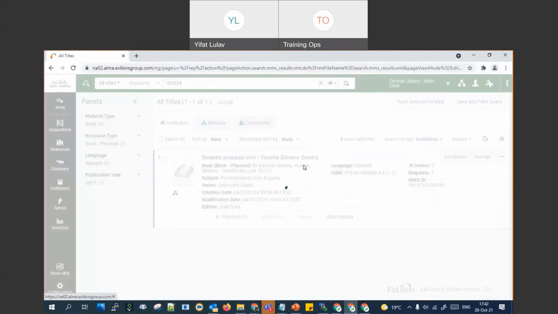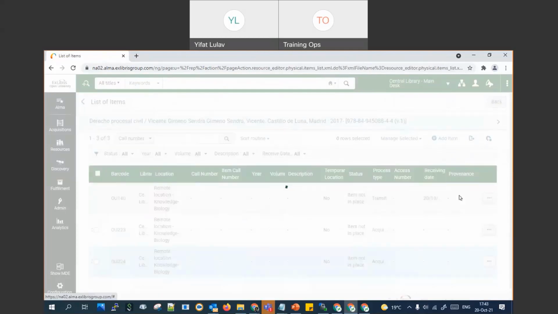You can create an item without going through the purchase order flow. You can just create an item from the NZ title and define a remote location and have copy item to host library. You don't need to go through the purchasing library. This option of copy item to host library will appear only if it's a network zone and only if it's a remote location. So I can copy,